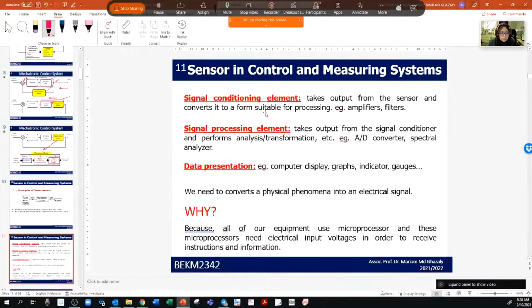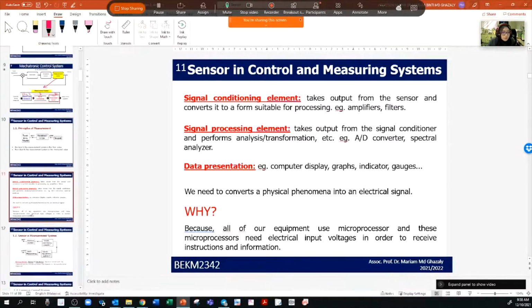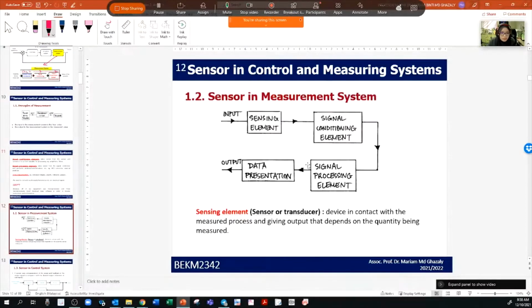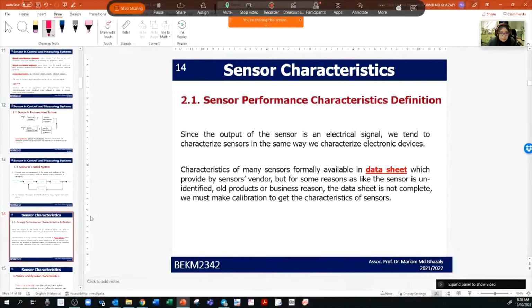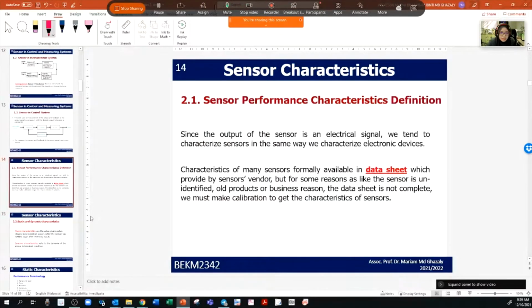This one I already explained just now. About the signal conditioning element and the data presentation, what it is: display data, graph, indicator. So I'm going to skip that. You can just go through. Just directly go to the sensor performance characteristics, on the types of characteristics, because it will be the SSS